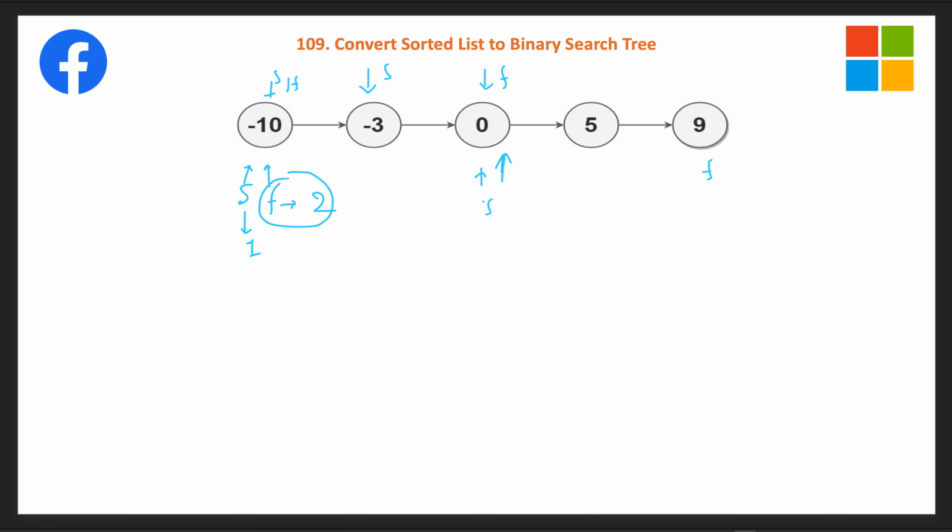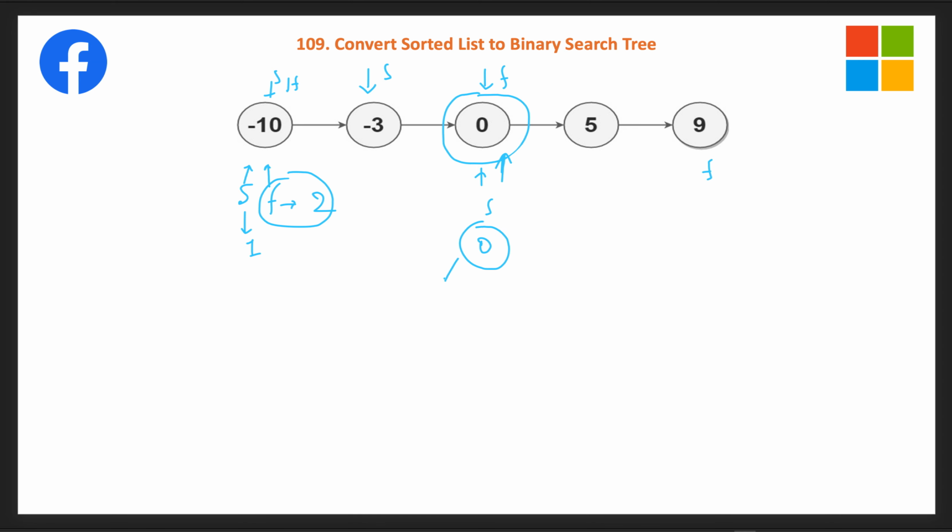As we already defined, in a binary search tree, the left subtree will have all the nodes which are less than or equal to the root node, and the right subtree all the nodes which are greater than or equal to the root node, and we need to form a balanced binary search tree. In the case of balanced, we need to maintain the height difference for every node as 1 only, so the left height and the right height differ by at most 1. So we will take the middle node first as the root of our subtree. We will take this 0 as our first root node.